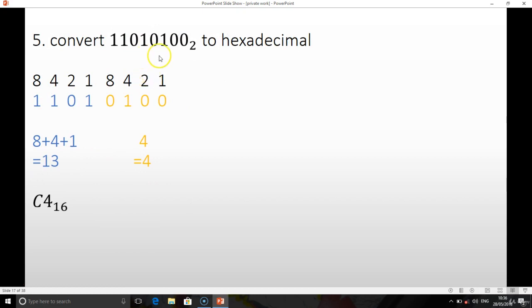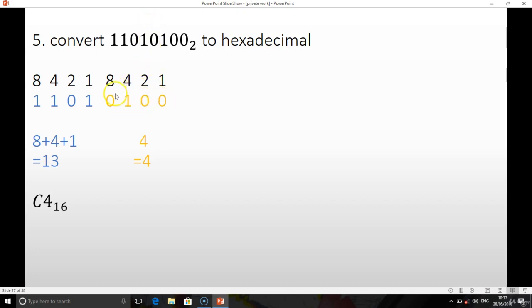Now, converting from binary to hexadecimal. You know hexadecimal is in groups of 4. So we're breaking it into 2 parts, and each part to be 4. Had it been octal, we'll be saying 3. Each part to be 3. But since it's hexadecimal, each part to be 4. So we'll just pick 8. Instead of us taking from 128, 64, we are going to come to the last 4, which is 8, 4, 2, and 1. So I have to break the binary into 2 parts and place it there.